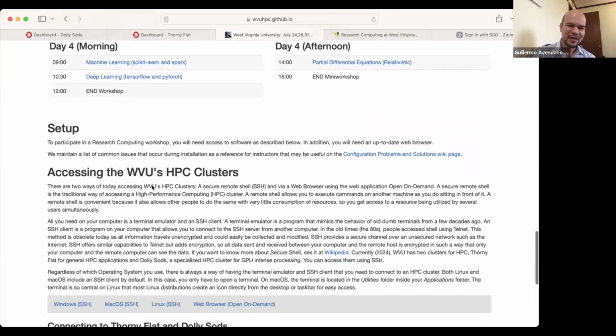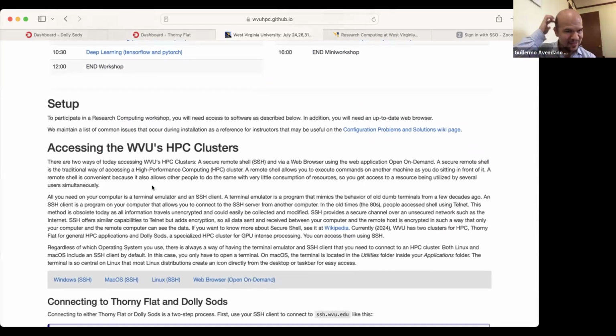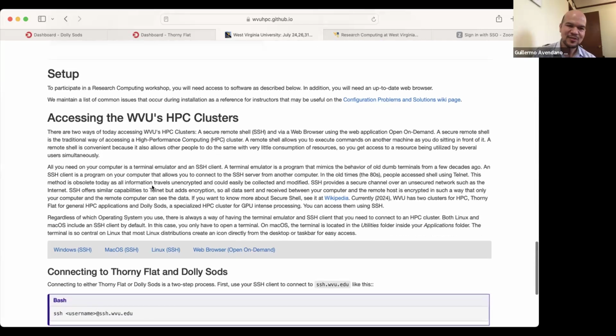So now let's discuss a little bit, and I will reiterate on this in a minute, how you access the cluster. Still, you don't know the command line interface and all that, but I will show you how you get into the cluster. So if we have 2 clusters, Thorny Flat, which is a